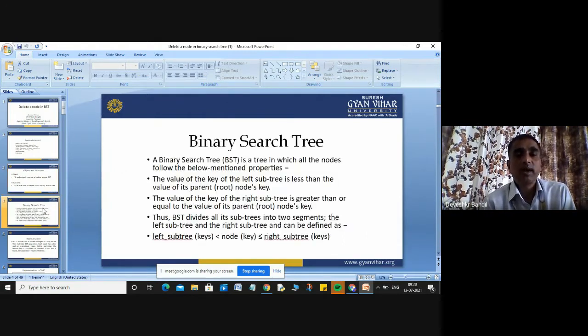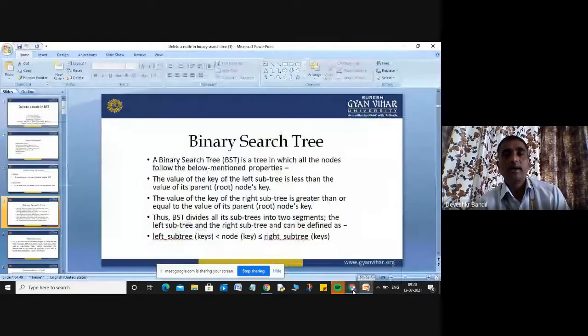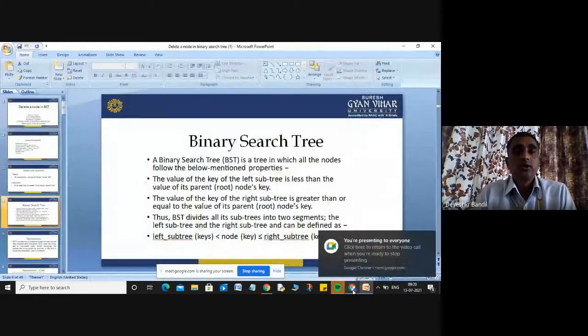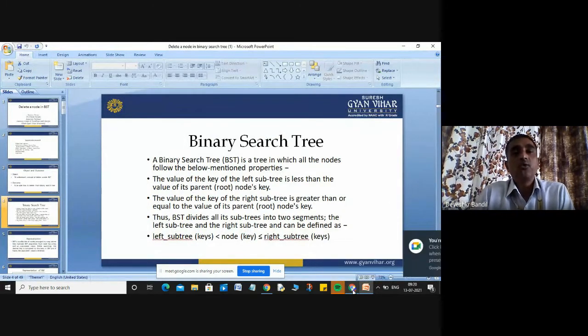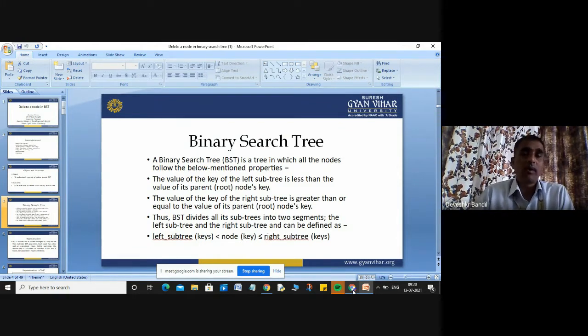As I told, if you are deleting a node from the binary search tree, you should know what a binary search tree is and how to insert a node in it. In this lecture, I will mainly focus on how to delete a node from your binary search tree. So in your binary search tree,